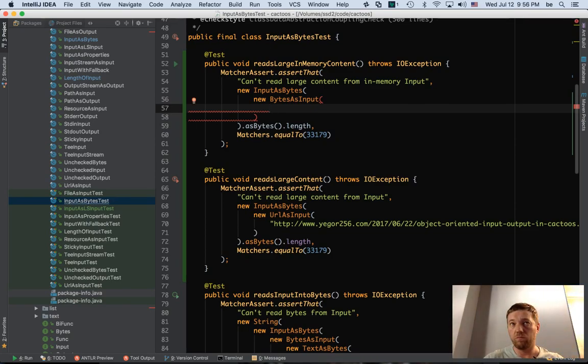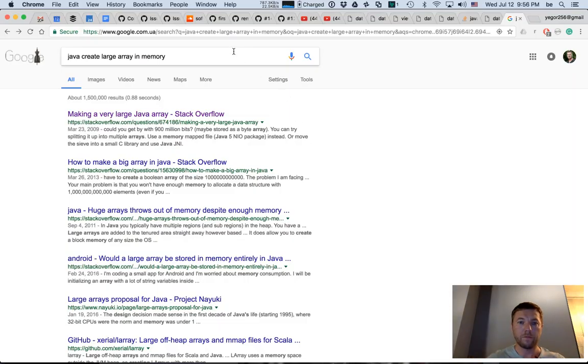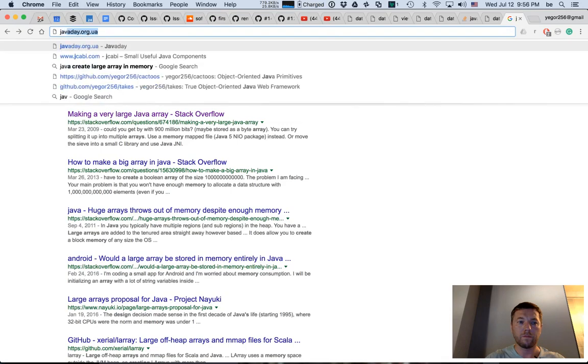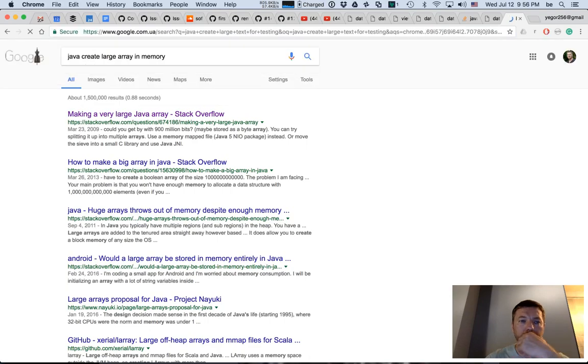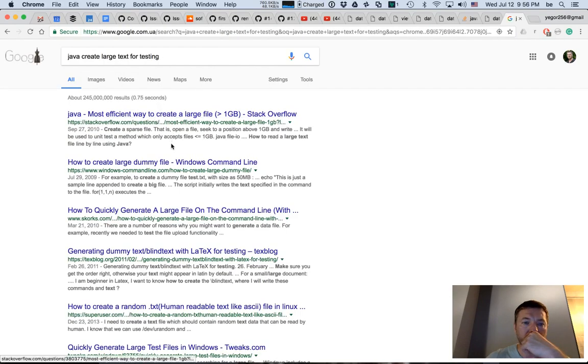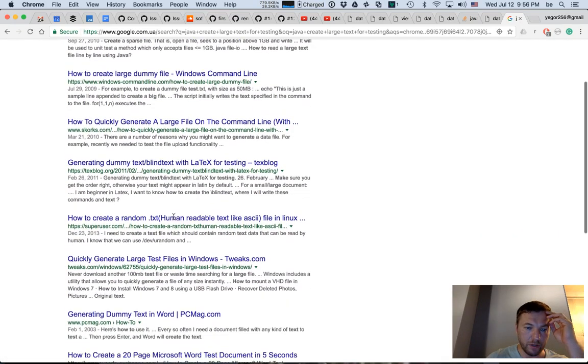How would I do that? In Java, create large text for testing. Large file, large dummy file, blind text.